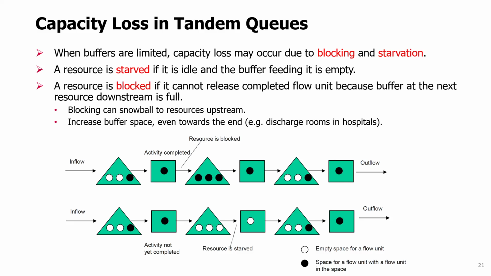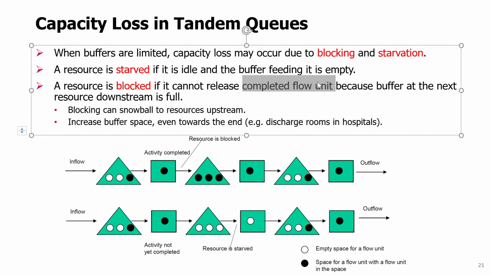Blocking is when you have a resource that completed working on a flow unit, but it cannot move the unit forward because the buffer in front of the downstream resource is full. An example is here, where this resource was busy with a unit, and now the activity is completed here, but the buffer following that resource is full. There are 3 units here and no more space, and this resource is still working on another unit. So these 3 spaces are occupied, and despite this being completed, the unit cannot be moved forward,